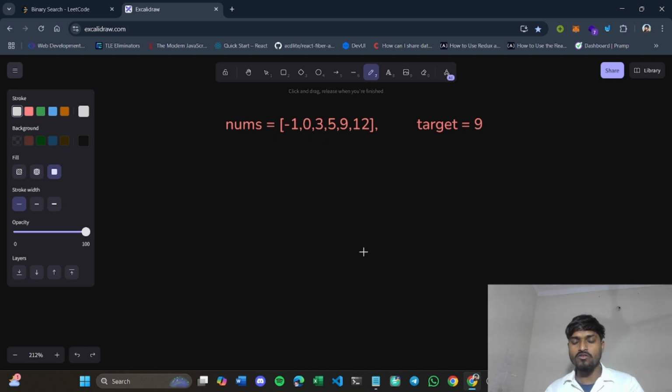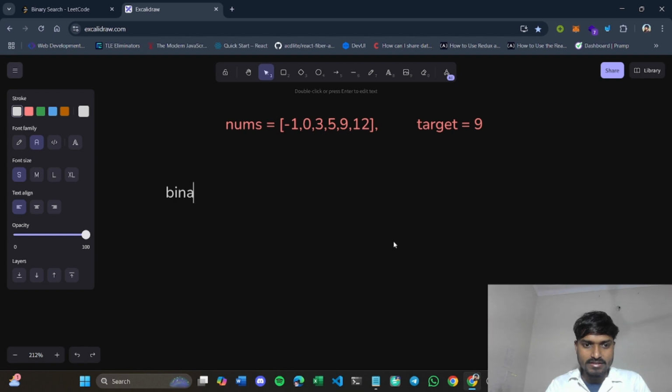So here comes the concept of binary search. From the name itself, you can say that we have to work on two different parts of the same array, right? So what happens in binary search, let's write it here.